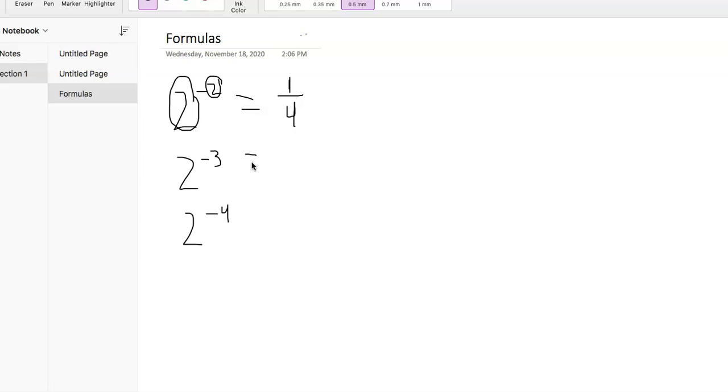Okay, we'll do another one. Sometimes you got to see a couple of those, right? Again, there's the simple part. 1 is at the top. At least know that, right? If there's an answer where 1 is not at the top, at least eliminate that as one of your possible answers. Okay, but there's really no reason not to be able to get this, right? There's just one rule to know. Okay, here's my base, 2. Here's my exponent, 3. So it's just 1 over 2 to the third, which equals 2 times 2 times 2,